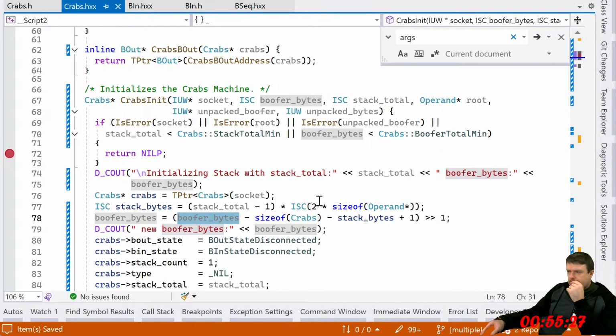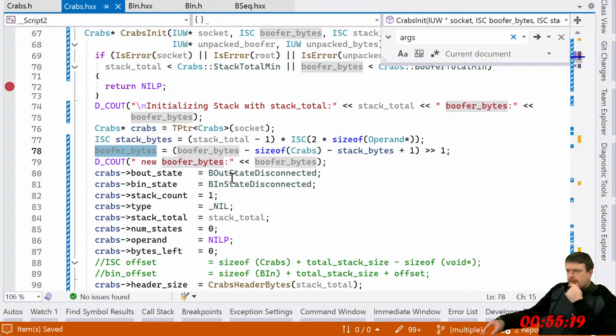Buffer bytes. And then wait, why am I changing this again? Equals buffer bytes minus this.